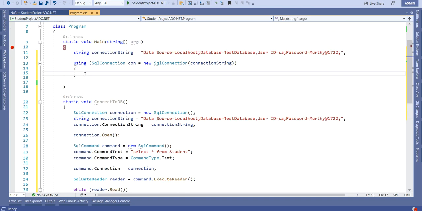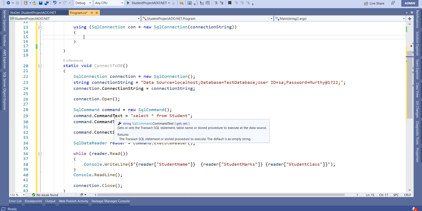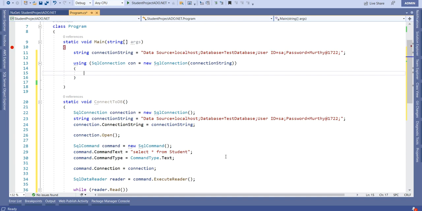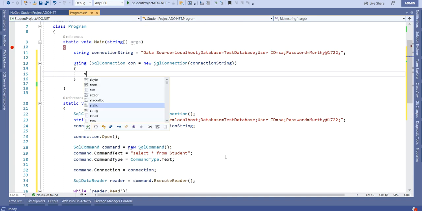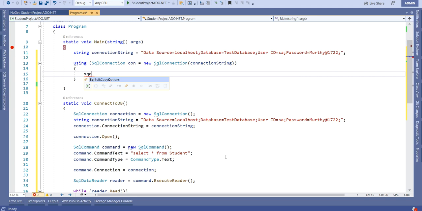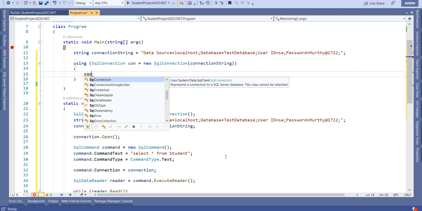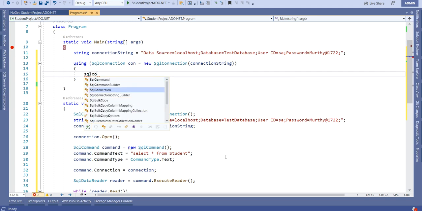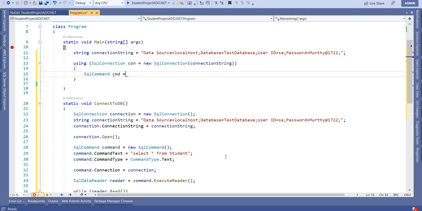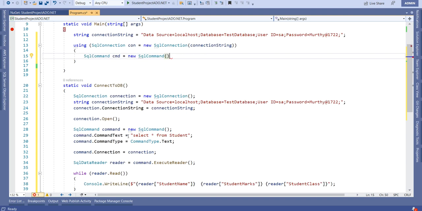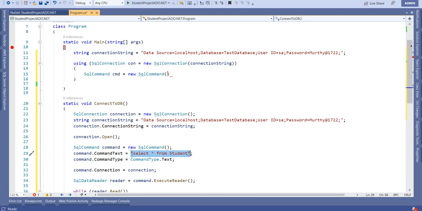And the remaining process is same. For the command object also, instead of creating the command object and assigning the command text separately, we can directly assign the command text like SqlCommand cmd equal to new SqlCommand. In the constructor itself, we can pass this query, right?